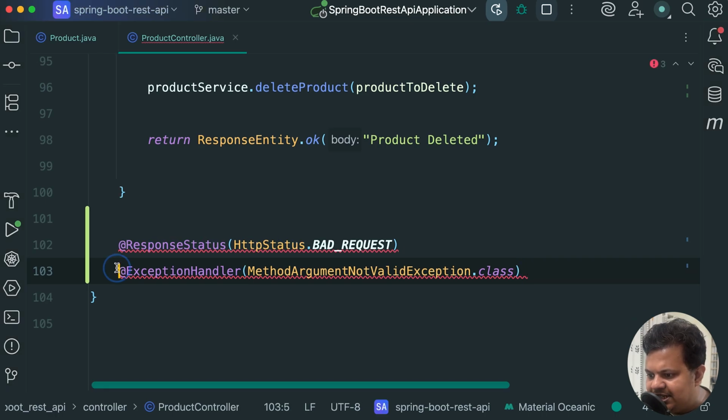So, what's an exception handler? It's a Spring mechanism that allows us to define methods to handle specific exceptions thrown by our controller methods. Instead of letting Spring return a generic error response, we can customize the output. We are specifically targeting MethodArgumentNotValidException because this is the exception Spring automatically throws when an argument annotated with valid, like our product, fails its